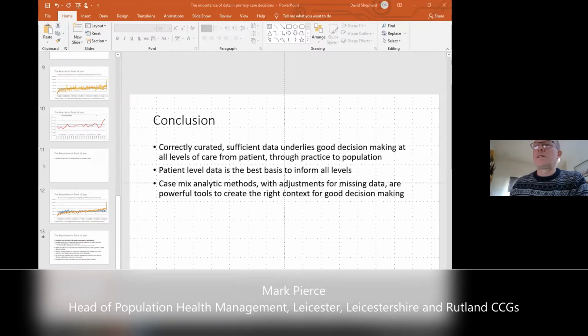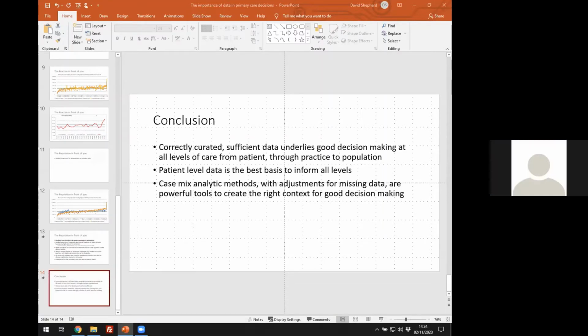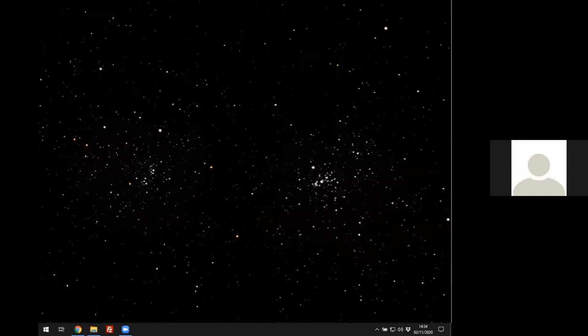It's a real pleasure for us to have the opportunity to share some of the work that we've been doing over the last several years in this space. Adjusted clinical group software gives us a range of options really for,